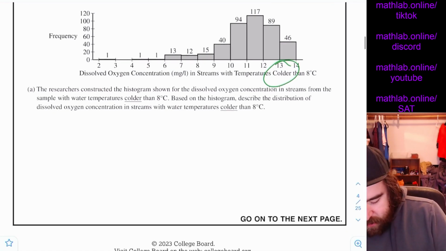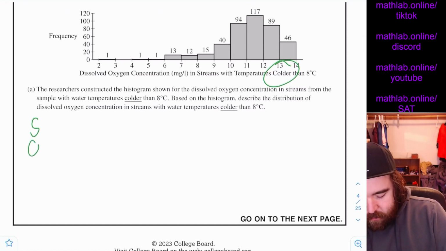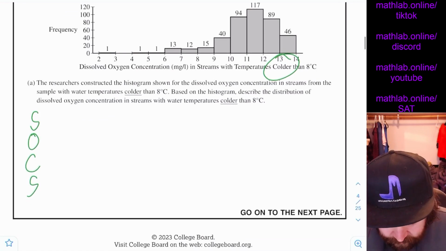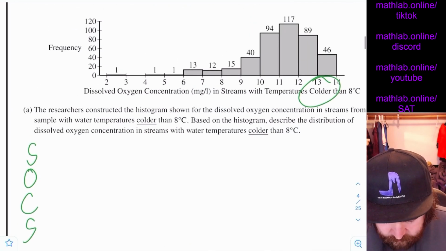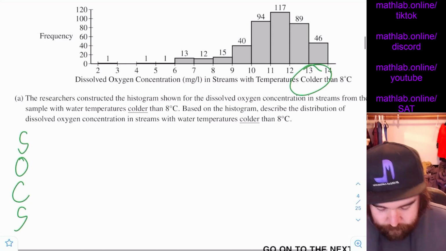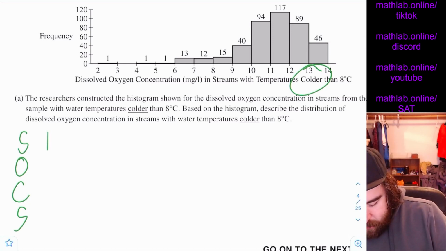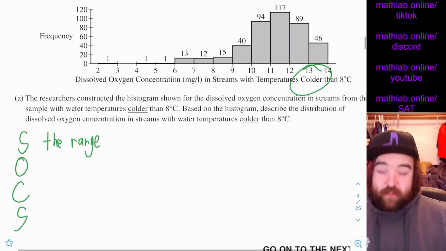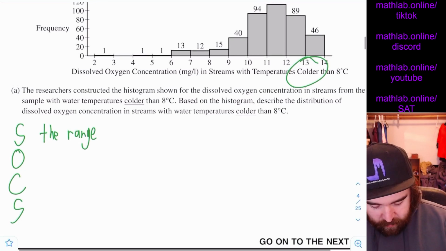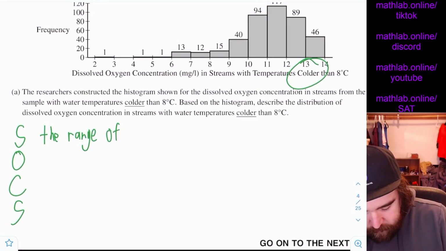Lovely. So here's what we're going to do. We got socks. So at first, we're going to describe the spread. With spread, that means we want to do range. So we're going to say the range, and then we'll throw in this word salad. We might copy and paste it. That'll save us time. So the range of